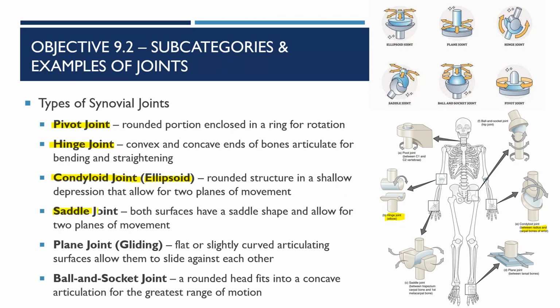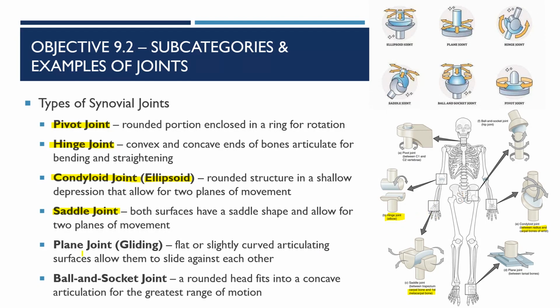You have a saddle joint, which if you think about a saddle on a horse, you have two surfaces that cave in, and one sits on top of the other. And if you think about a saddle on top of a horse, think about how they could slide over each other. And so your saddle joint is going to be between your carpals and your metacarpals, like in your